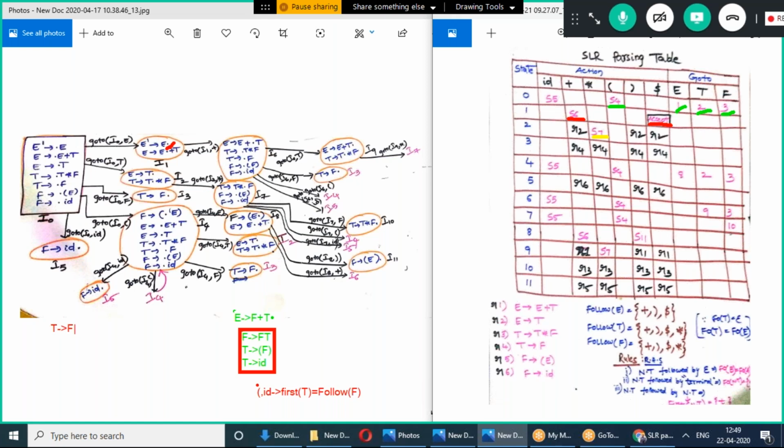Now you want to find the follow of F, but there is nothing after F. So the rule is follow of F is equal to follow of T. Whatever the follow of T is will be equivalent to the follow of F. This is the second case. Come to the third case.